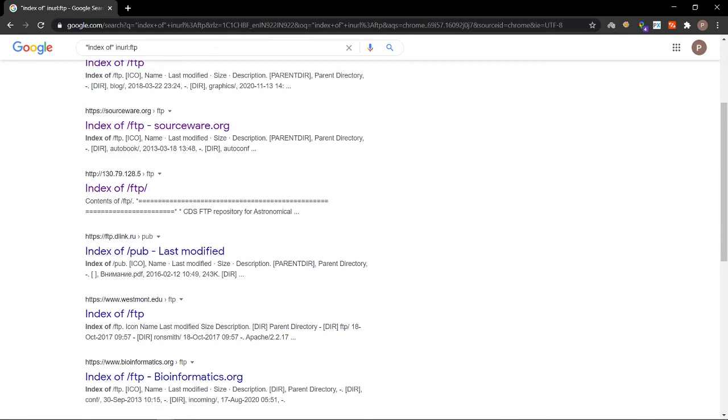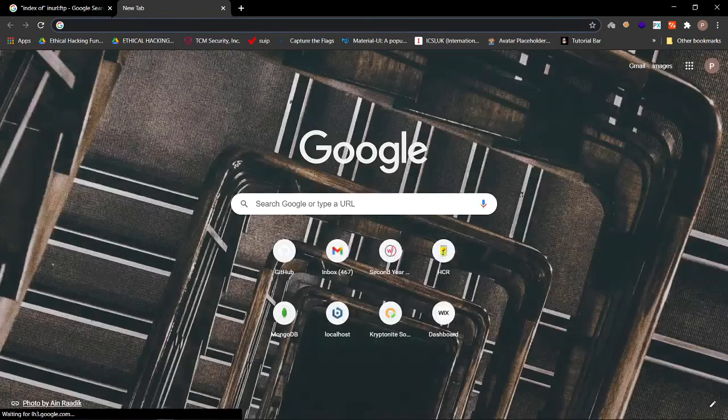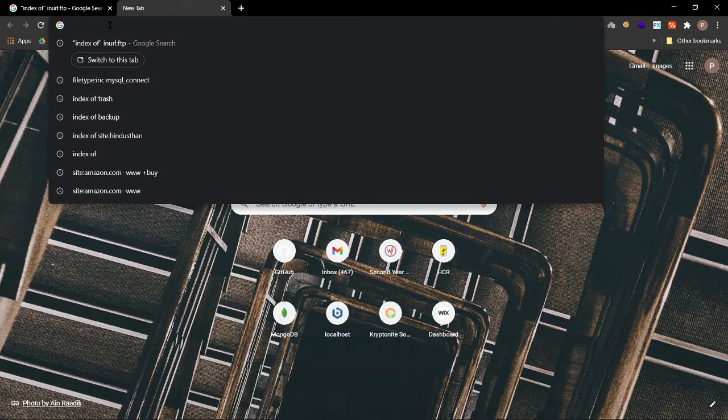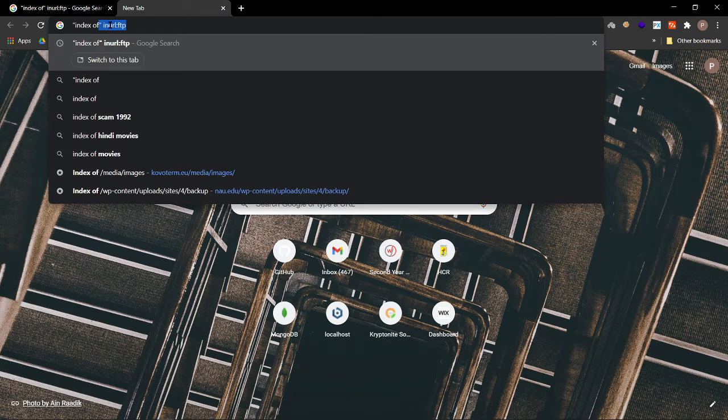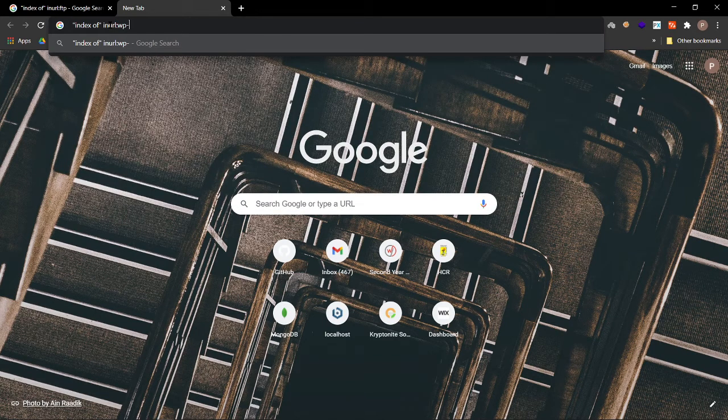Okay. Now let us try for WordPress contents. WordPress is also a CMS site. For WordPress, let me have some different queries like index of, in URL, wp-content slash.